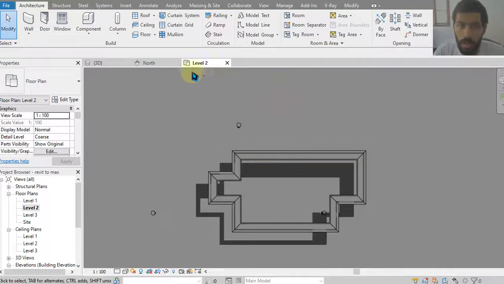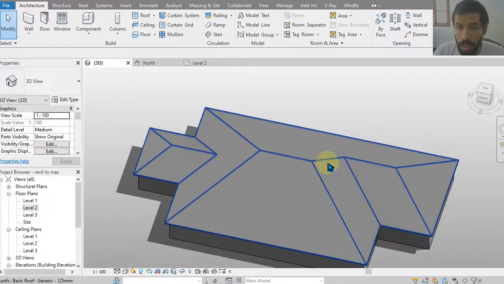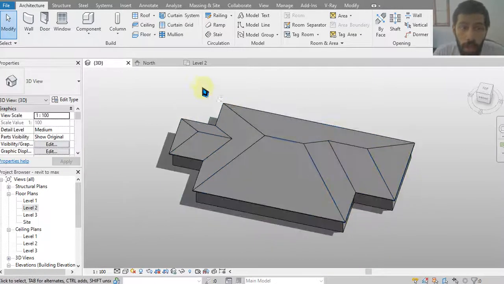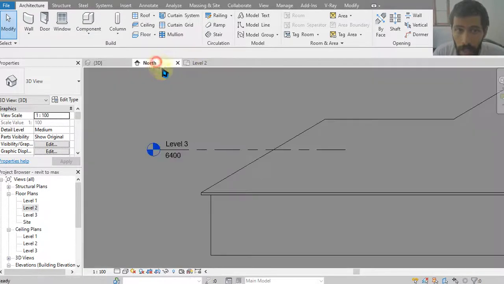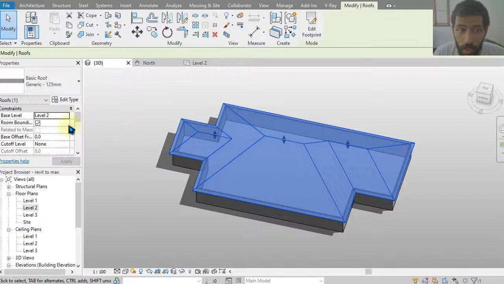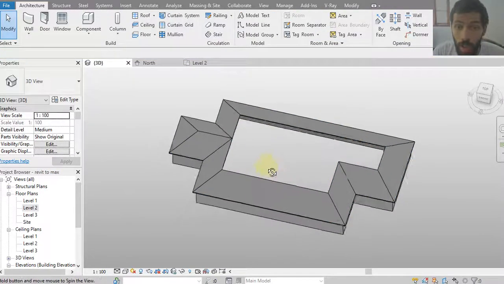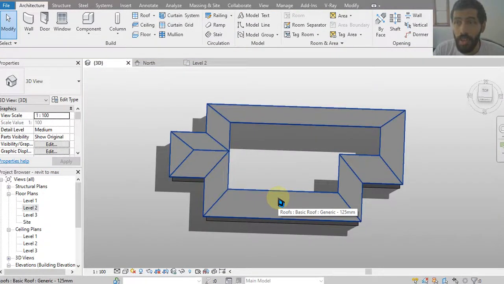just this looks good. If I get into 3D I can see that the apex is already there, but I don't want to see the apex of this roof. So what I'm gonna do here is, I already made a Level 3, so I'll select the roof, and right in here I'll be picking the cutoff level to Level 3. So that had already provided a sort of cutting. Then